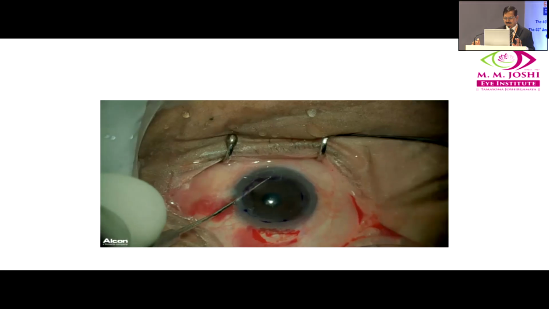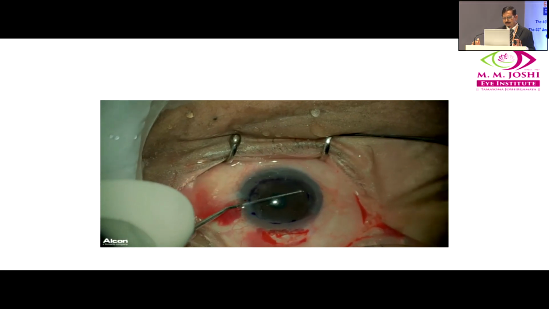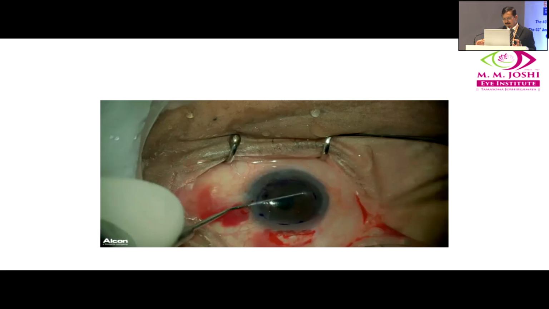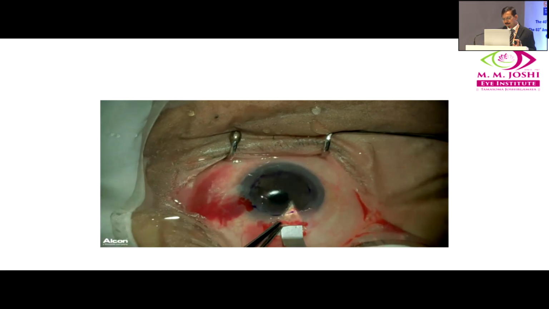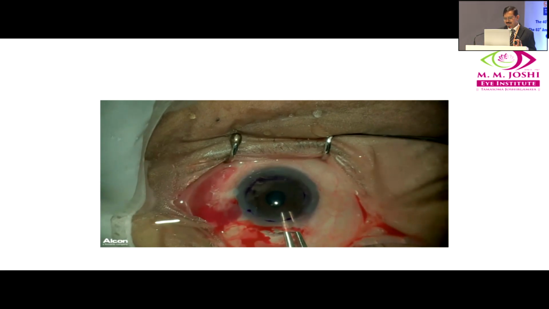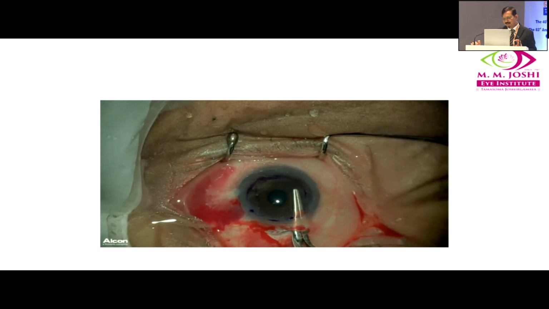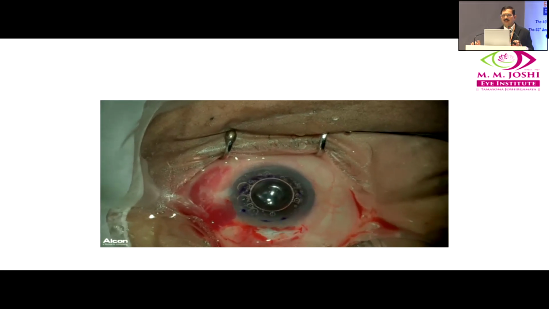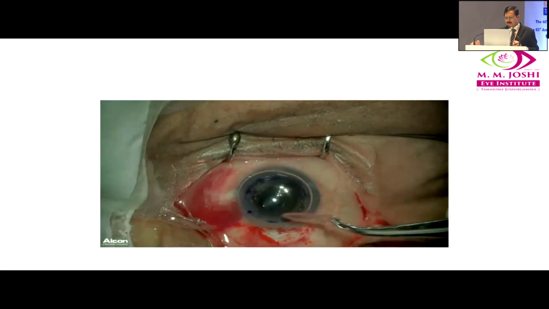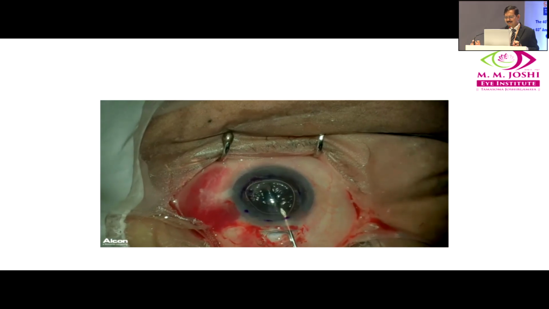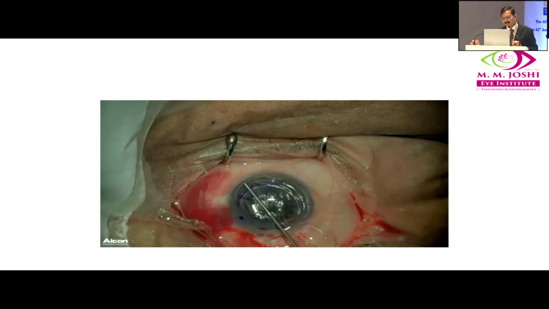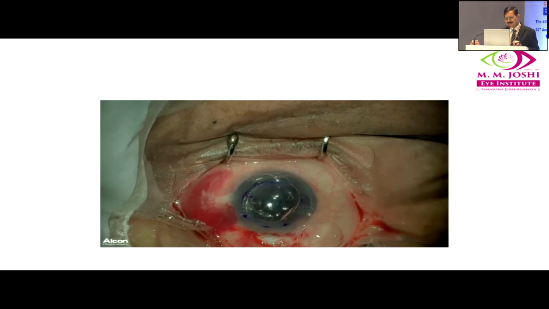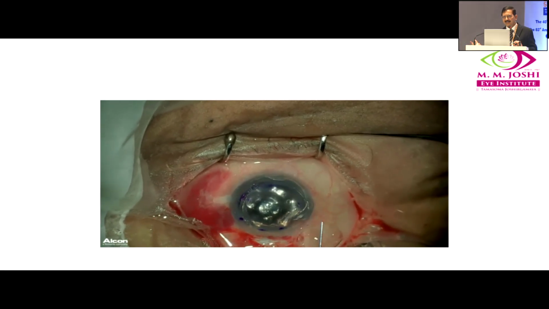So paracentesis is made exactly 180 degrees apart, and then once you strip the Descemet's, you enlarge the incision. This is the scleral tunnel, and then the stripped Descemet's is taken out. Okay, so now this is the cornea without Descemet's membrane and endothelium, and now, so once you make this, push it like that with the needle. It can be done under air, but ideally it should be done under saline. Okay, and then the air as the tamponade, so it goes and makes the tissue stuck to the